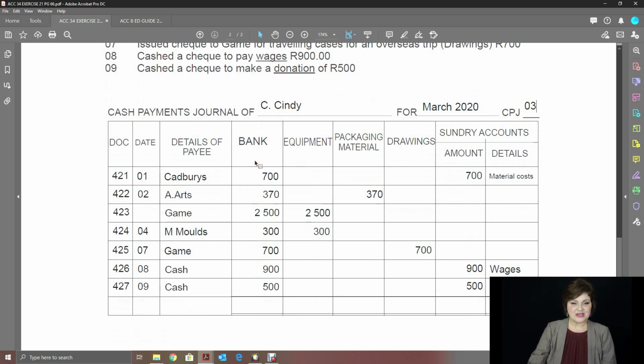All right, now what we have to do, we have to add these columns up. So we're going to add the bank column up to see how much was paid out by a check, and the amount is the total amount that's paid out, 5970 for the month. Then we add up all these columns over here for the different accounts. This is 2,800 Rand. Packaging material total 370. Drawings total 700. And our sundry accounts